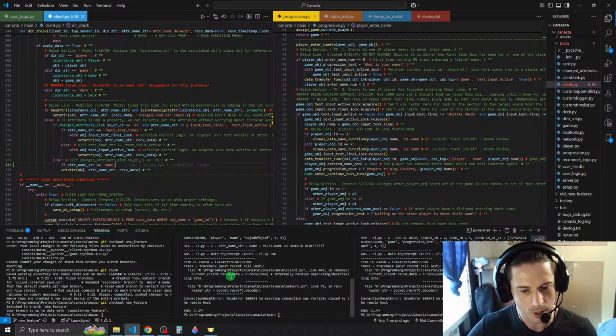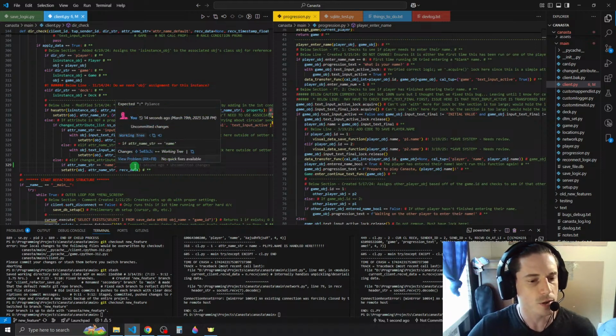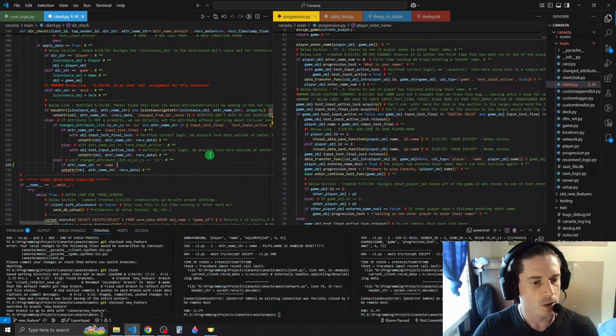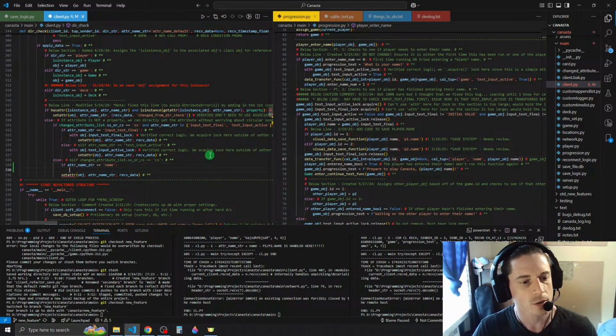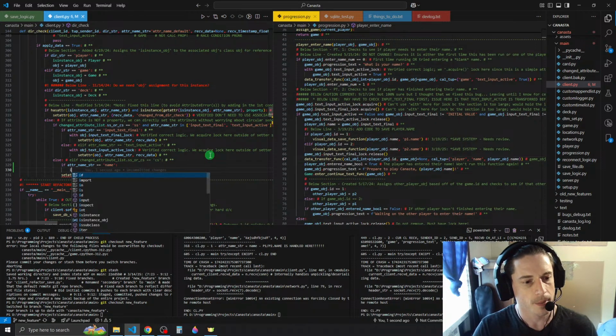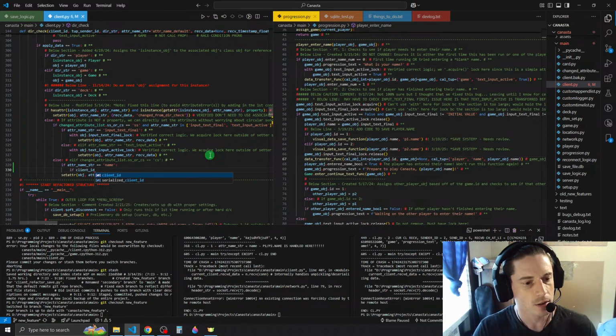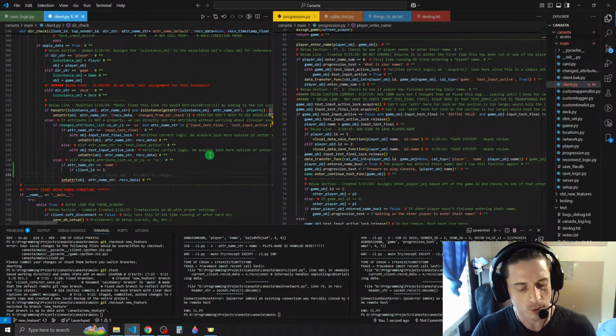The output was adder name string equals name. So that is correct. So we say if adder name string is equal to name, then we would check to see if client ID is equal to 1, then we want to do